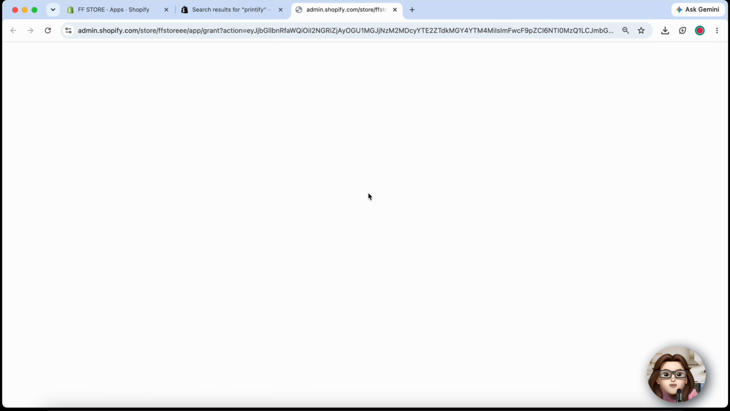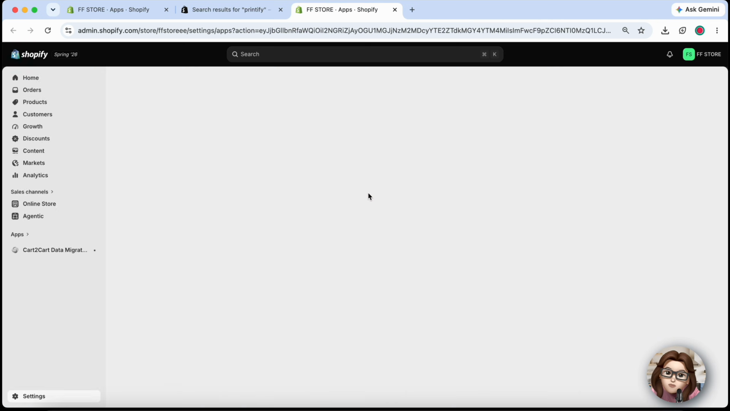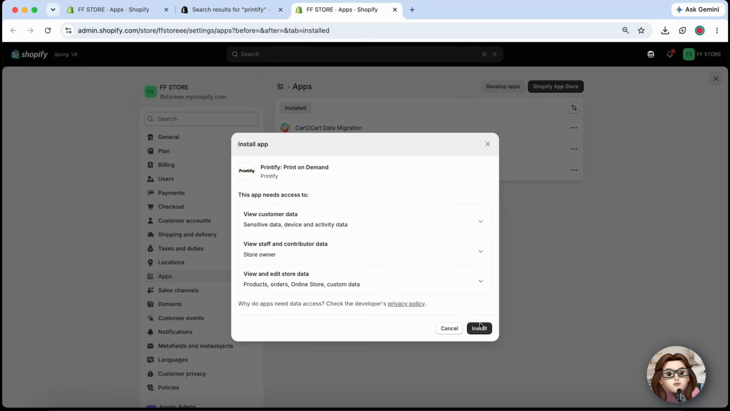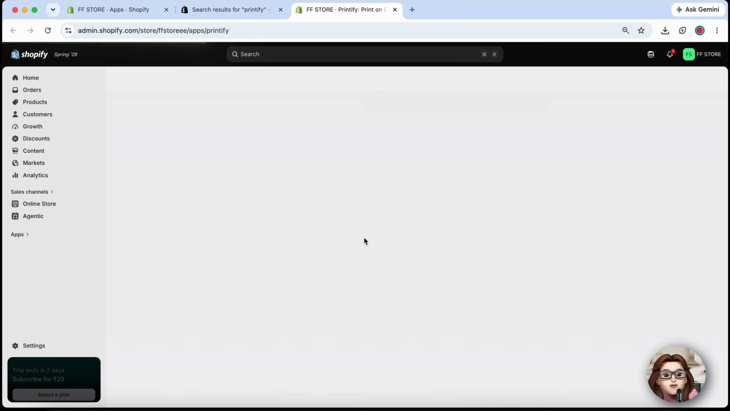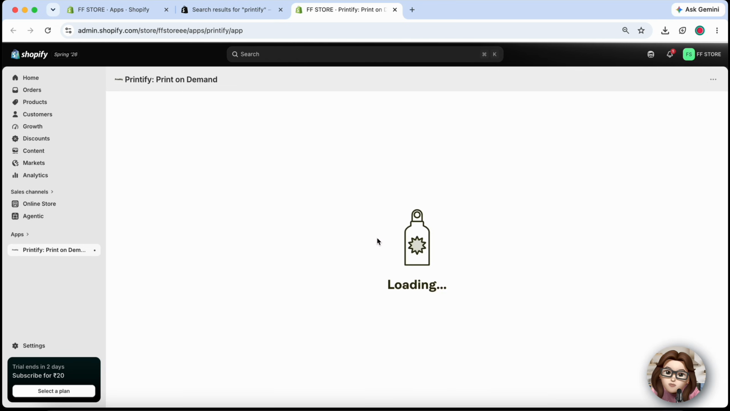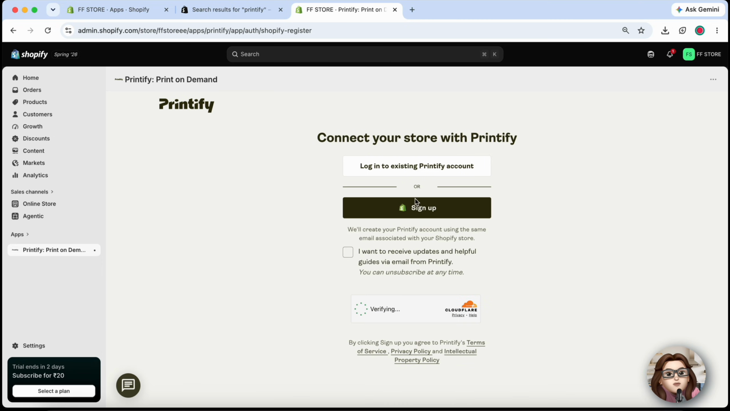Click Install to begin connecting Printify to your Shopify store. Shopify will ask you to confirm permissions for the integration. Click Install again to approve access. After installation, you will be redirected to Printify, where you can either log into your existing Printify account or create